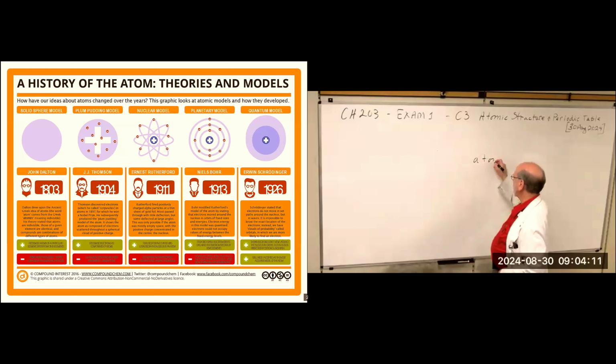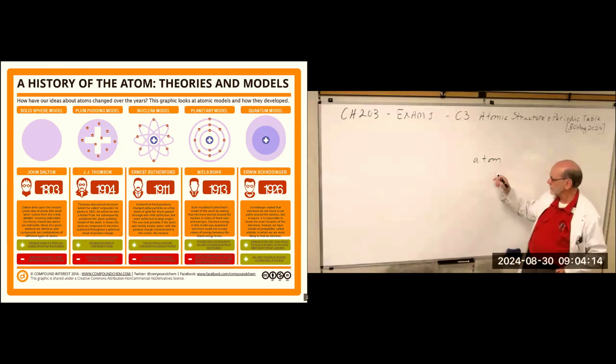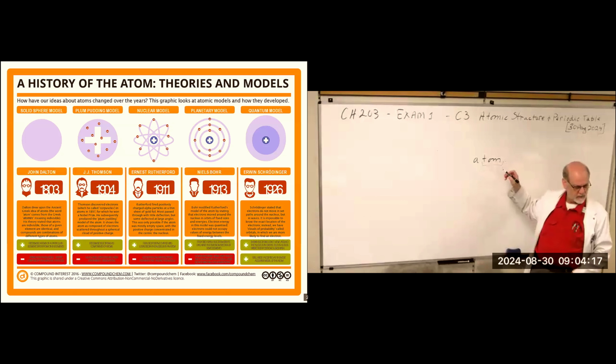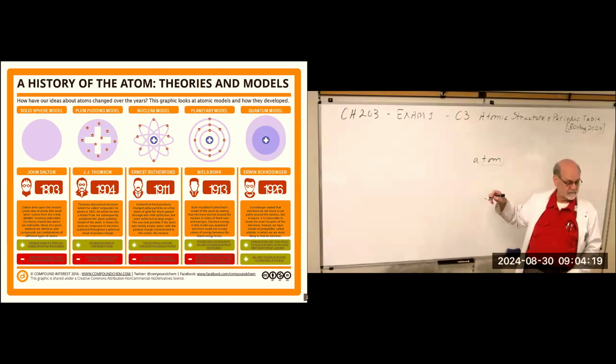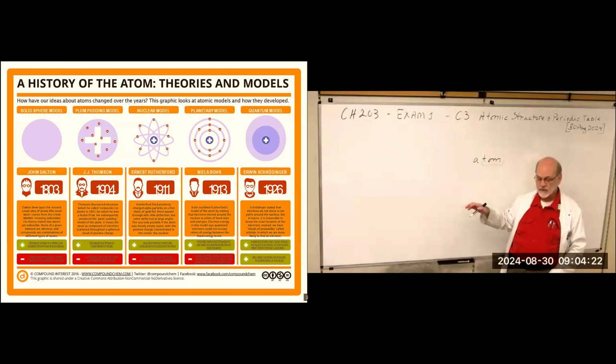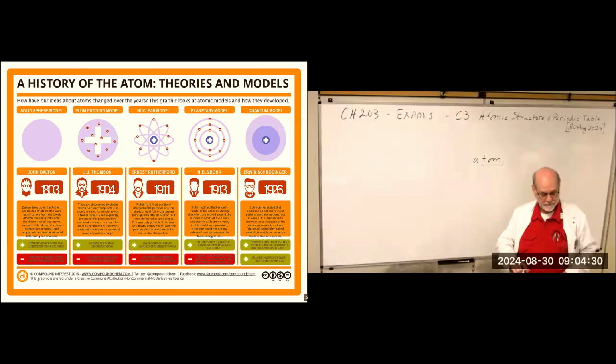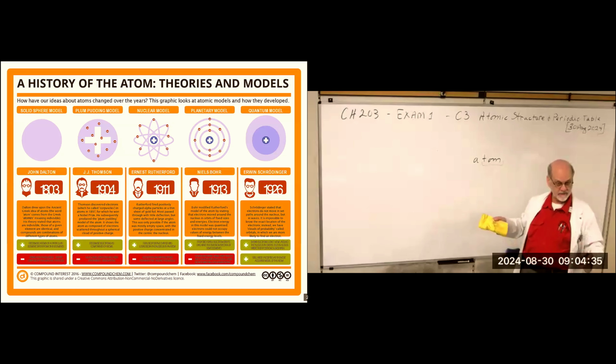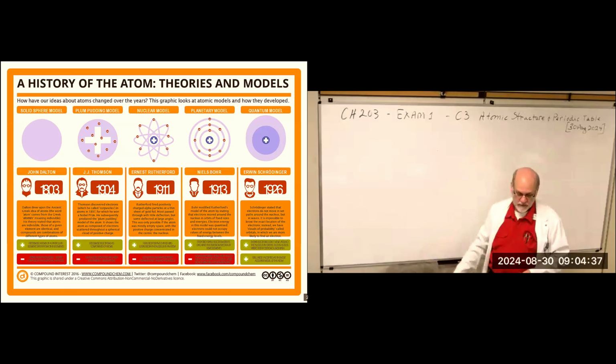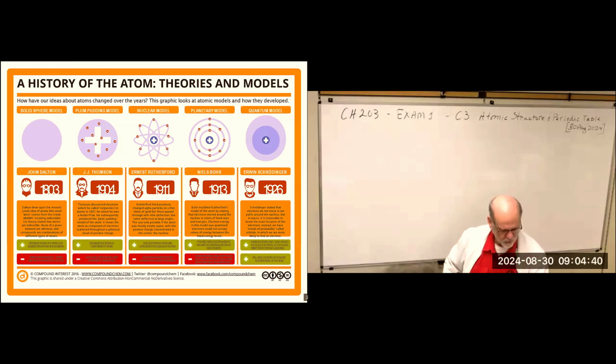The Greeks called it an atom because this part of the word, tomos, is to cut or to divide. And whenever you put an A in front of something, it means not. So they said, you can't divide it any further. The atom is the smallest particle that retains the properties of the substance. Well, the Greeks who were atomists thought that everything was made of the same atom.